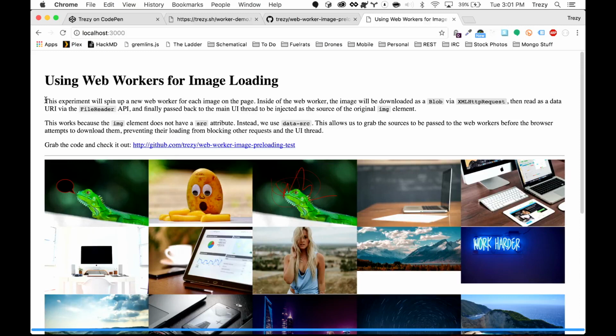So let's just read this out real quick. This experiment will spin up a new web worker for each image on the page. Inside of the web worker, the image will be downloaded as a blob via XML HTTP request. If you're not familiar with blobs, they're